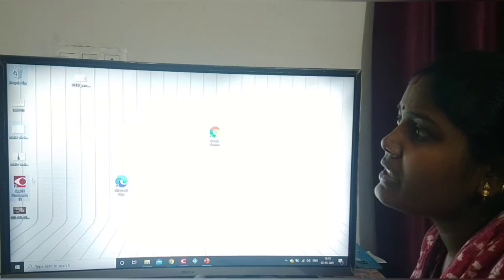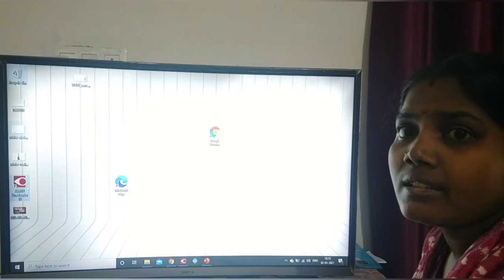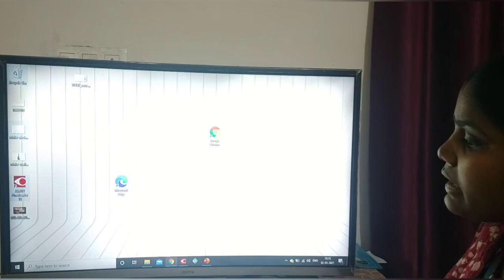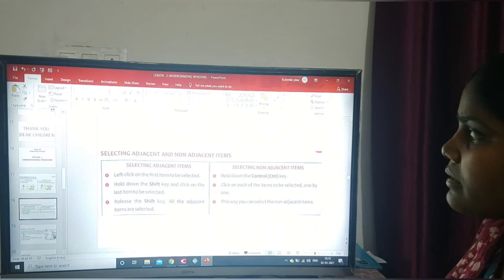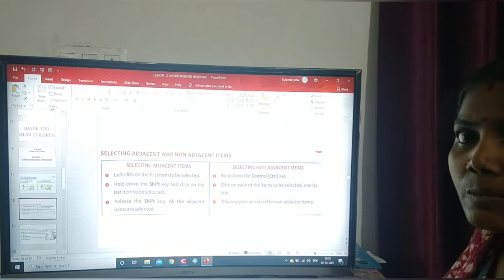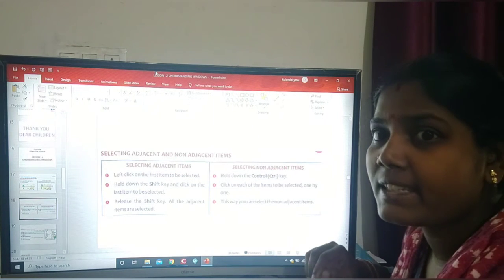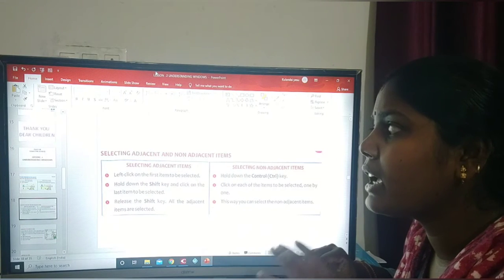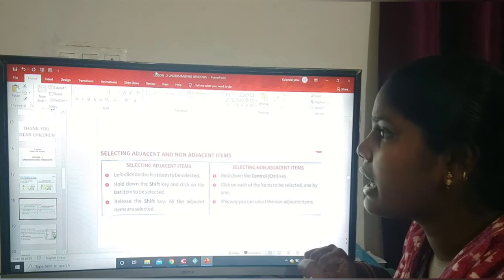So only the applications I selected are selected now. This is the difference between selecting adjacent items and non-adjacent items. Okay, so I hope you understand how to select adjacent items and non-adjacent items.